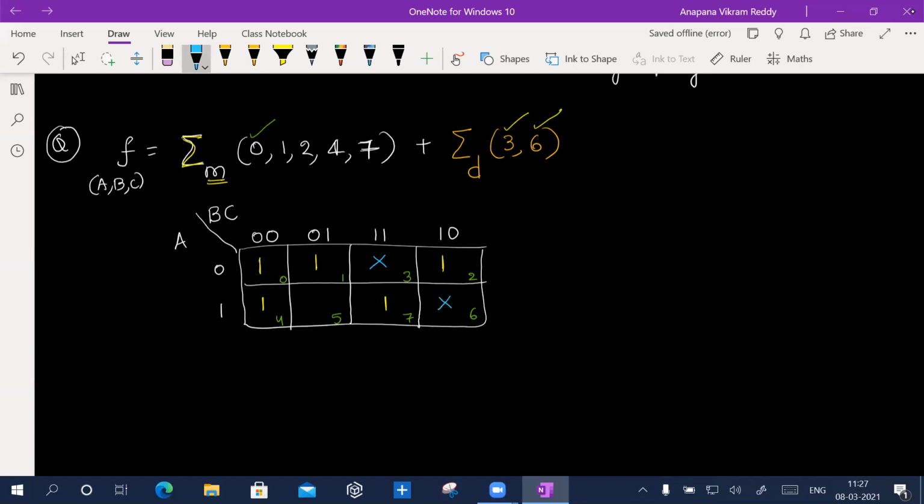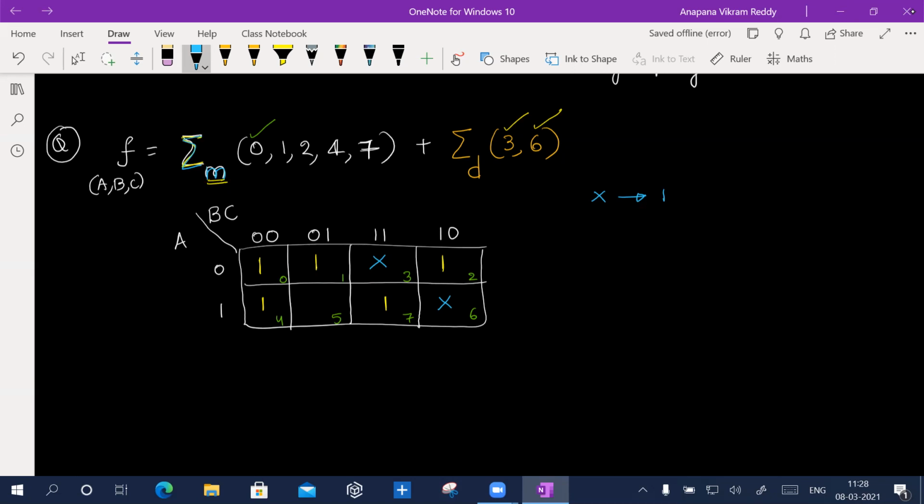Now, how do I do this? What is the best possible grouping? Whenever you require the help of a don't care, you can make use of it. If you feel it's not required, then don't use it. As we're grouping these minterms, the don't care becomes 1 here, because you're dealing with the sum of minterms. So if you want it, use it. Otherwise, you don't need to use it.